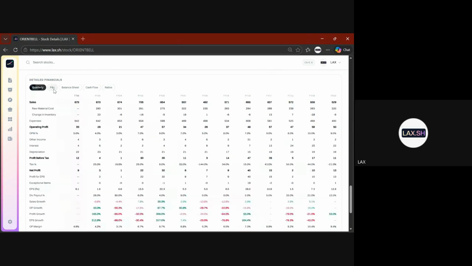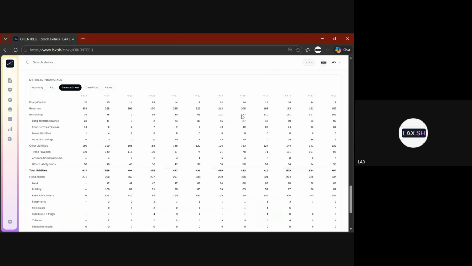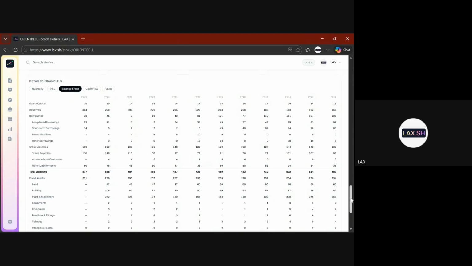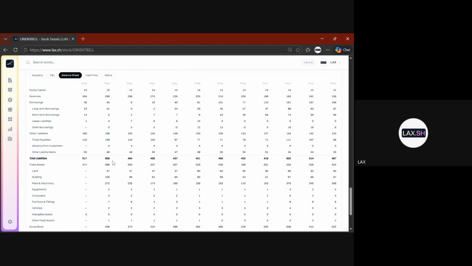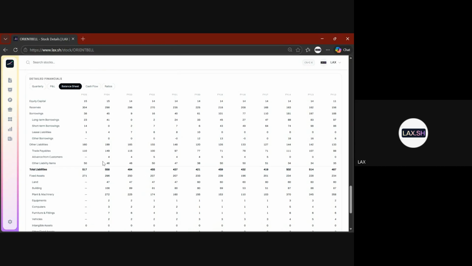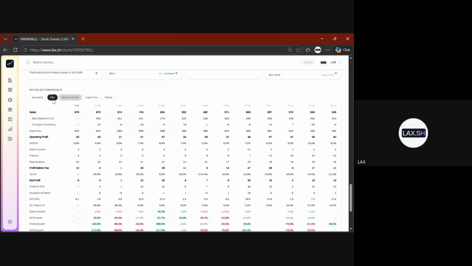Just go to the P&L, okay? Always start with the balance sheet, not the P&L. If you're a really serious investor, you must start with the balance sheet. Just look at this. You'll see borrowings, right? Long-term borrowings, 100 crore, then 24 crore, again 24. Not huge, right? But look at this thing. Balance sheet size has remained similar, so there is not much to say.